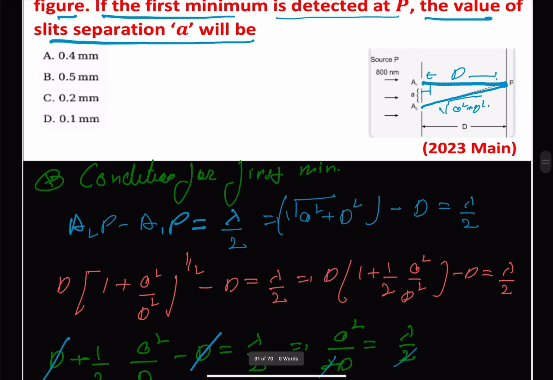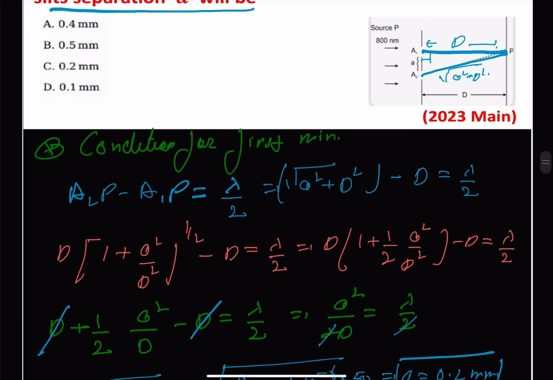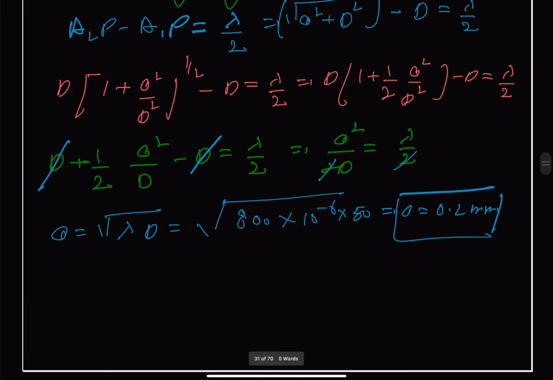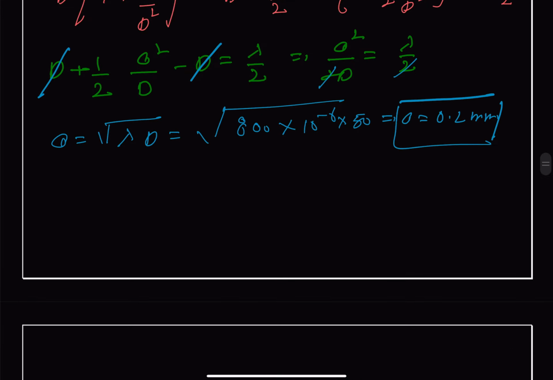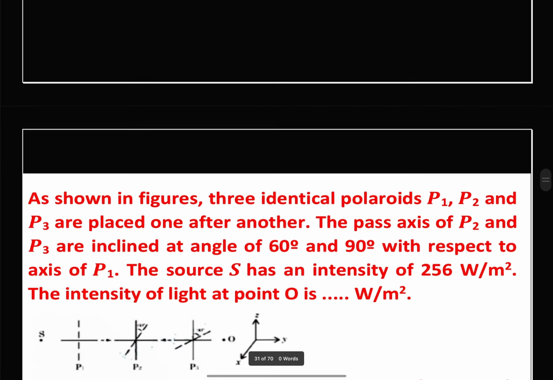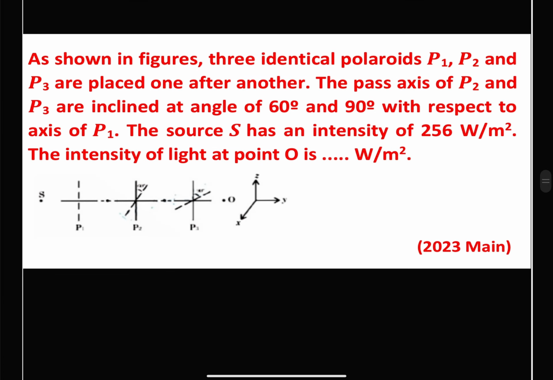So this is 0.2 millimeter. Option C is the correct one. C is correct. Next question, and it states that